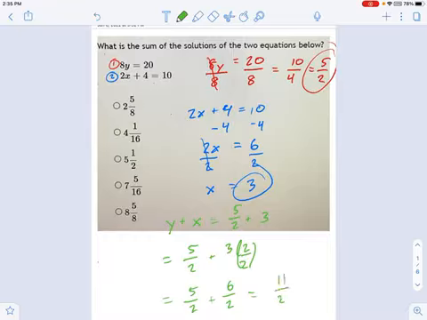Great, except that's not on our list. The reason that's not something you see on the left is because those are all mixed numbers. We want to know which one of those numbers is actually 11 over 2. If you plug 11 over 2 into your calculator, you're going to get 5.5, right? Well, which one is that? That's 5.5.